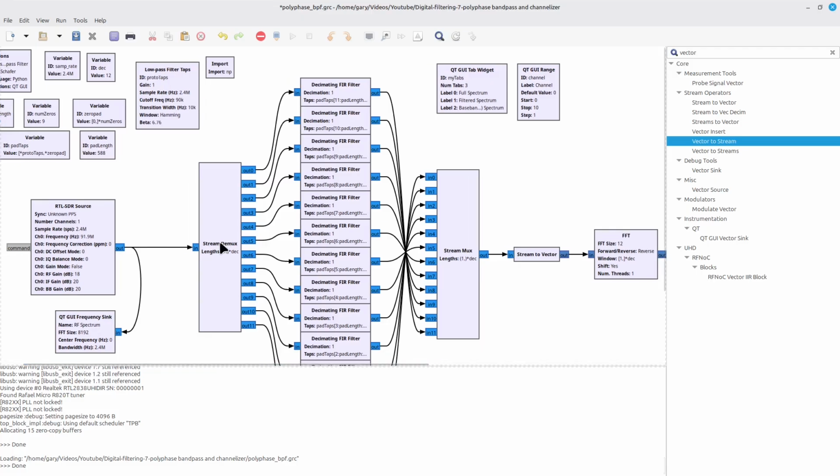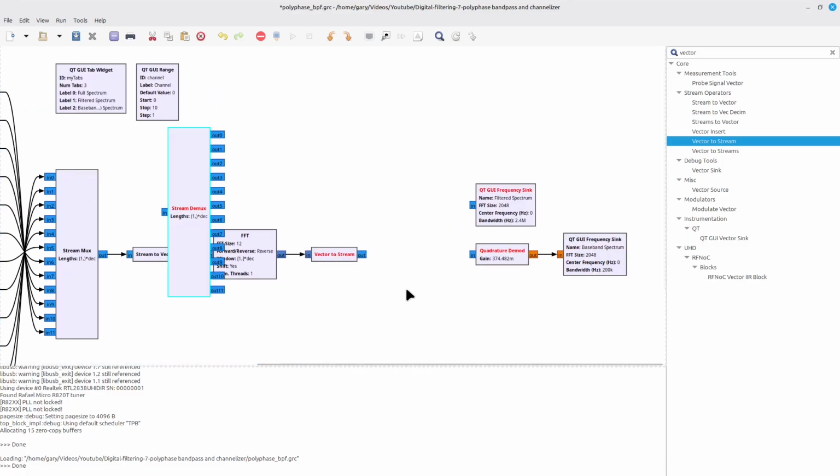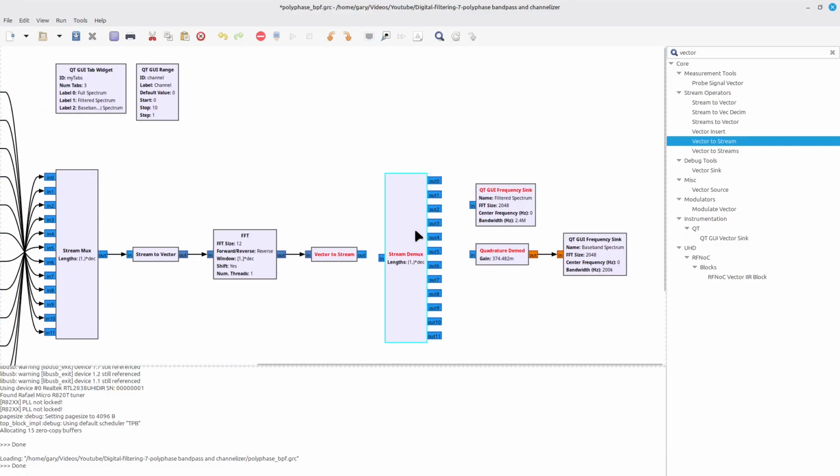Well, guess what? I've already got a block doing that, and it's even got the right values to do it. So I'm just going to highlight this block, Control C to copy it into memory, Control V to paste it, connect it to the output here, and each one of these outputs is an individual channel.